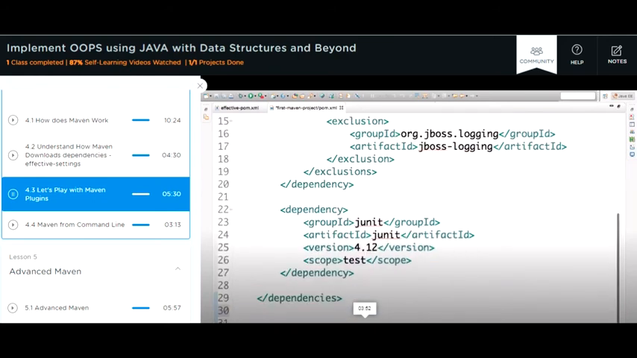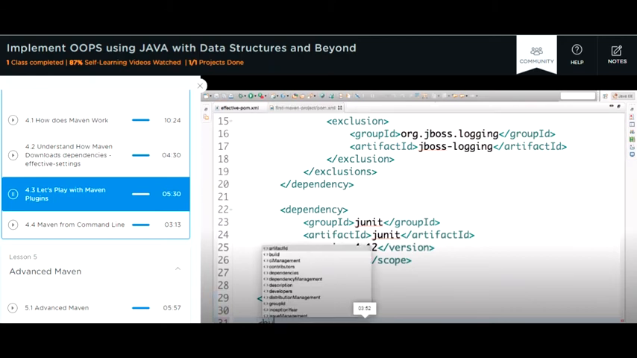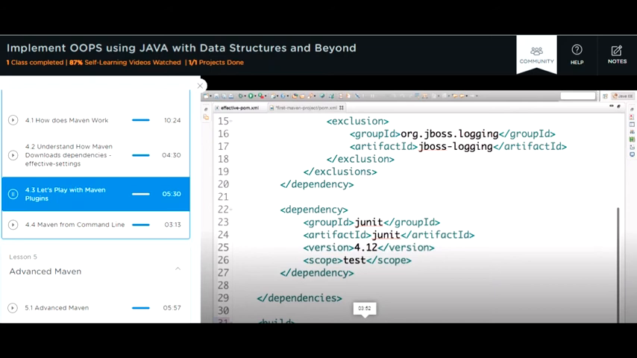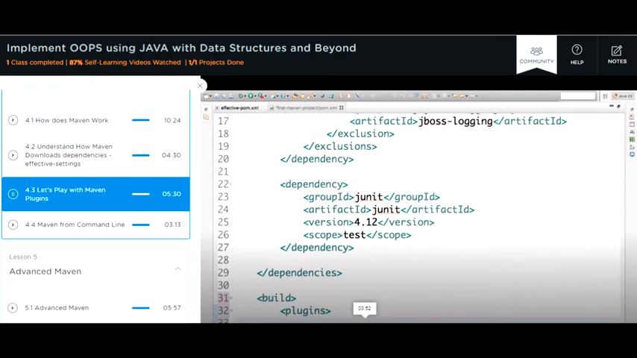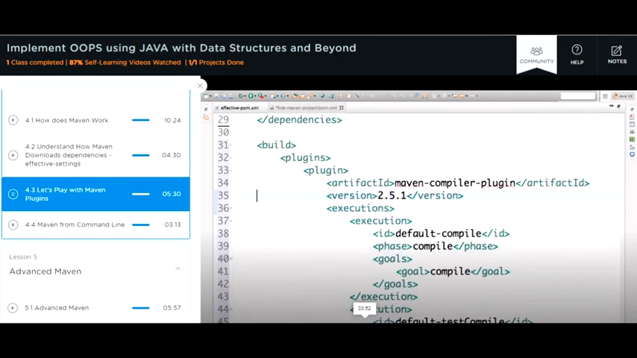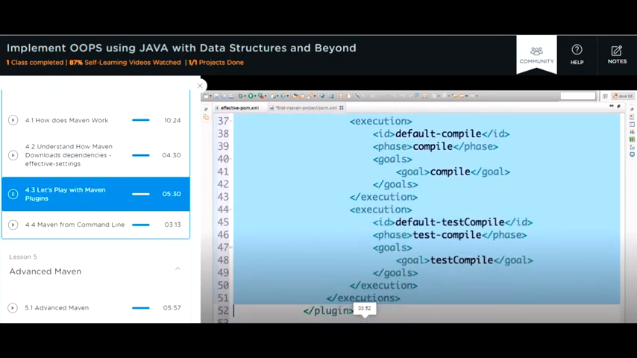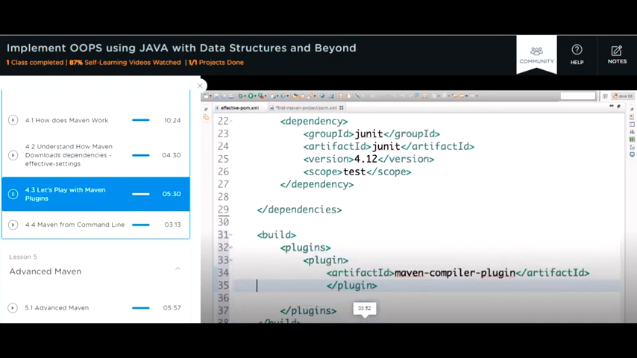Where do I override? I'll go to the build. In the build section, oops, I missed a D in build. In the build, there is something called plugins. So I would go to plugins, and in the plugin, I would paste whatever I have. I don't want to change anything about the version or the executions, so I would remove them, but what I would want to change is